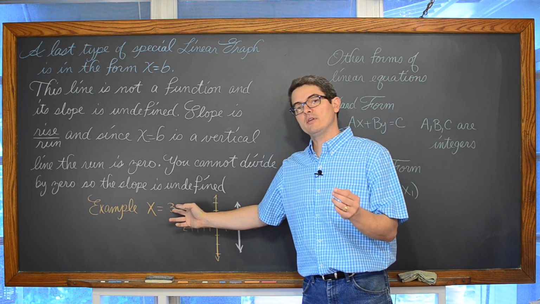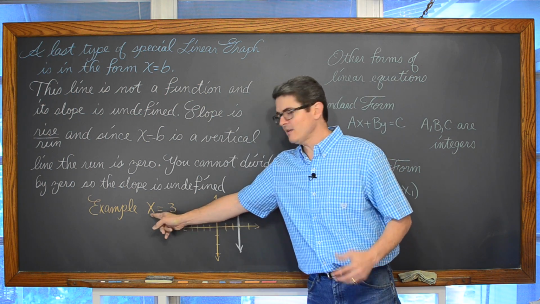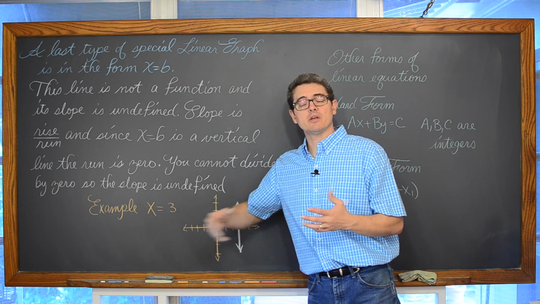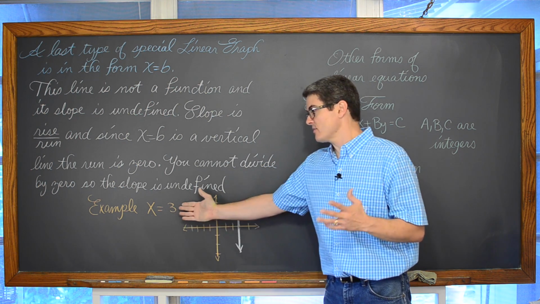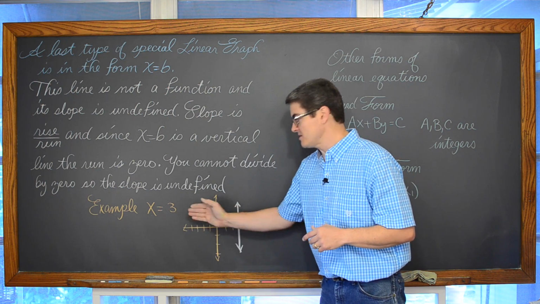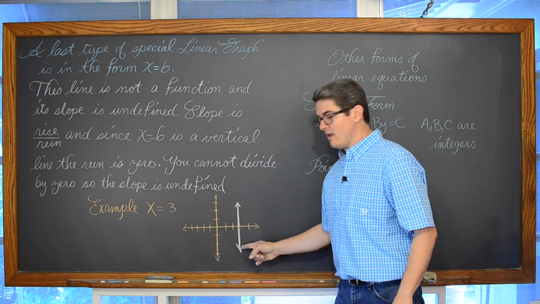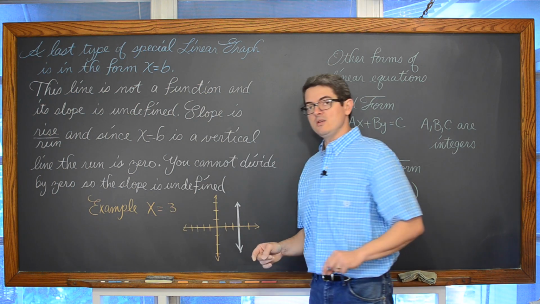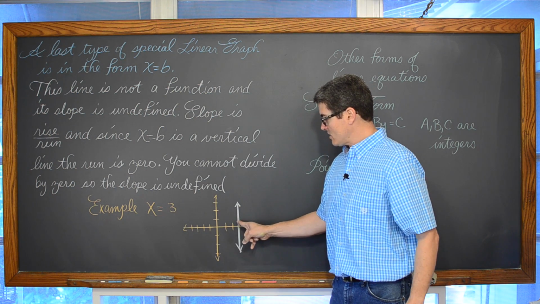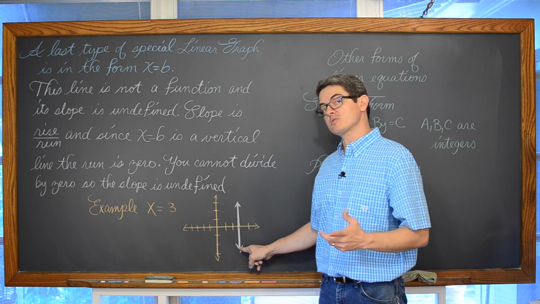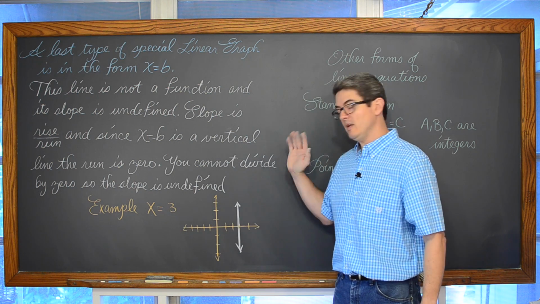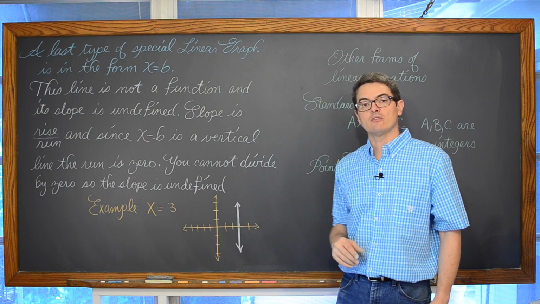In the example of graphing x is equal to 3, notice there's no y in this equation because we don't care what y is. Not for the line x is equal to 3, or x is equal to 0, or x is equal to negative 10. The only requirement for that line to represent that equation is that every point on that line has the same x-coordinate, and that x-coordinate is 3. Y can be anything. That's why it goes up and down forever.